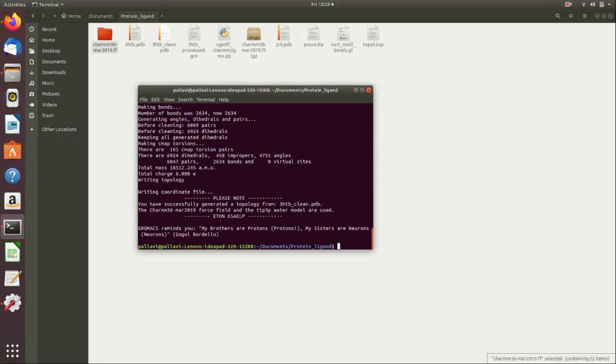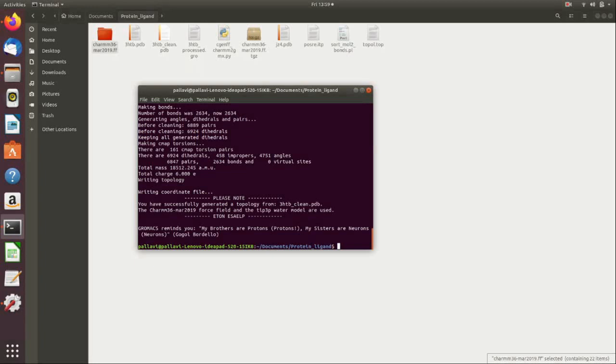Yes. So the reason why it threw an error when charmm was unzipped is because the charmm folder was already actually present in the working directory. That's why it threw an error, but otherwise it works perfectly.